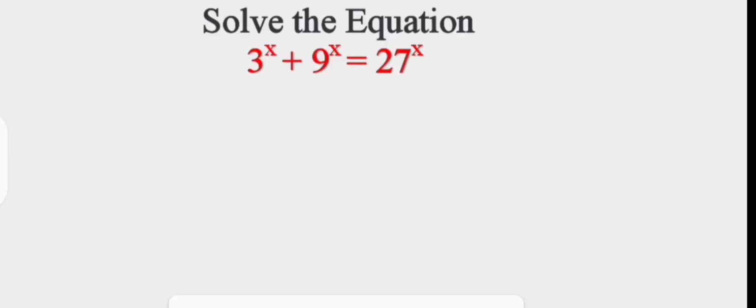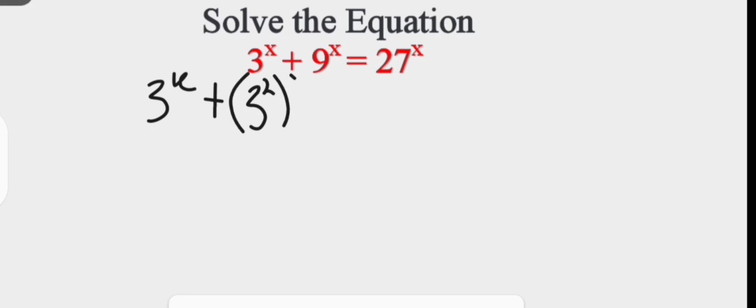To solve the equation 3 raised to power x plus 9 raised to power x equals 27 raised to power x, the first thing we should do is to express 9 and 27 as powers of 3, so that we have 3 raised to power x plus 9 is 3 squared, then raised to power x, and 27 is 3 cubed